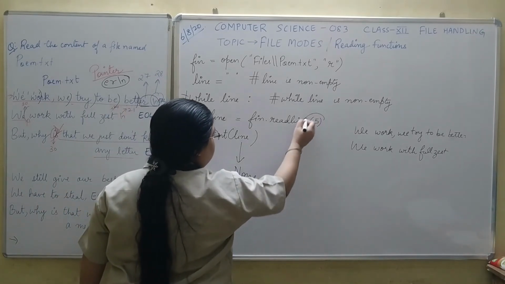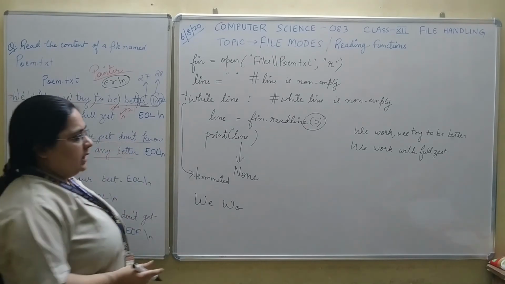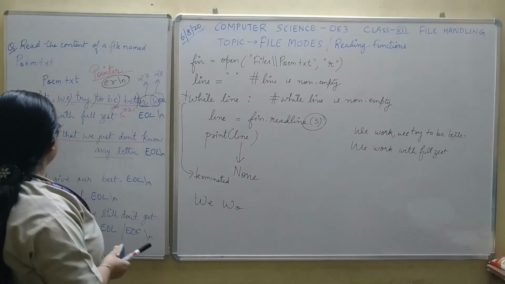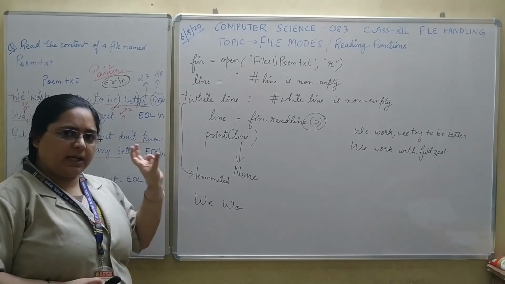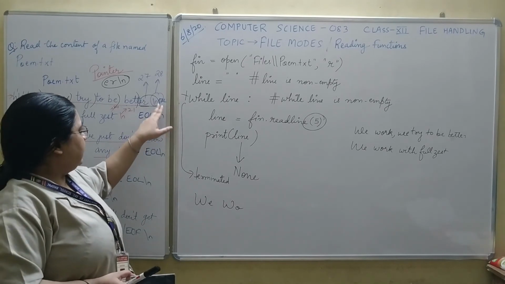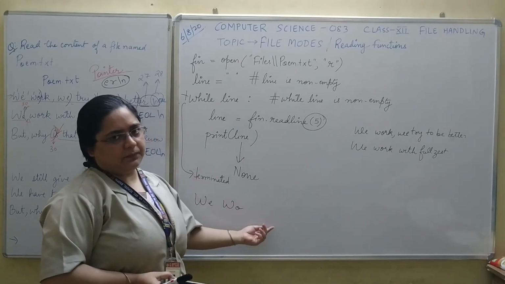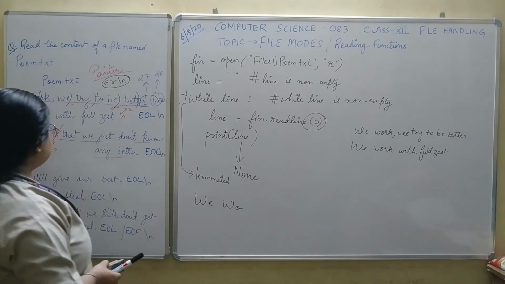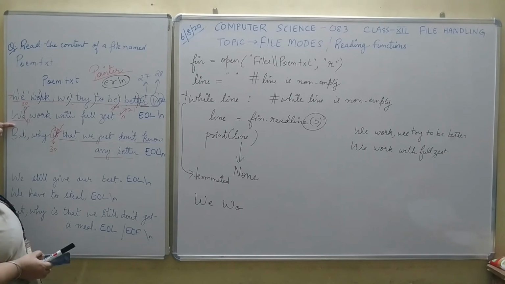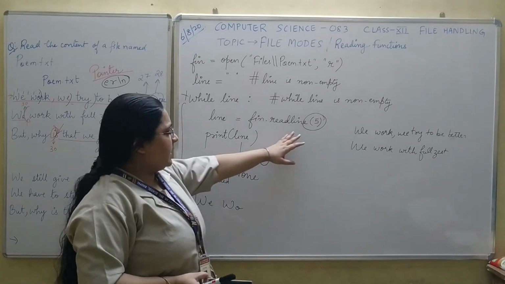So if you are providing a number, that is the number of bytes over here, you have to be very careful, because it first starts reading from the beginning of the line. It will read that many bytes and continue until it gets a newline character. The moment it gets a newline character, it will only read the characters up to the newline. Now for reading the next line, we have to use the next iteration, where the pointer would be set at the beginning of the next line and it again starts reading 5 characters at a time. So you have to be very careful with this.